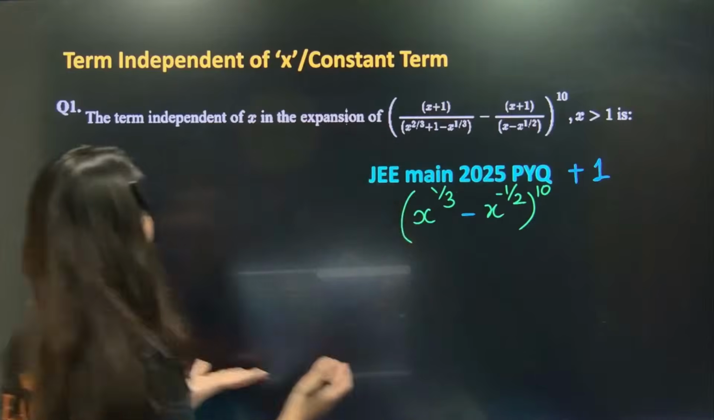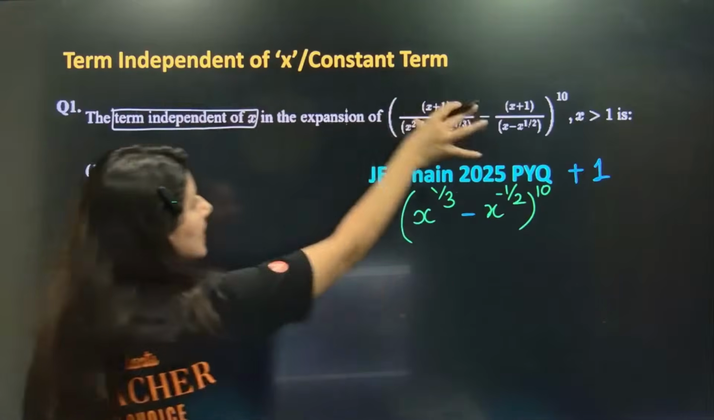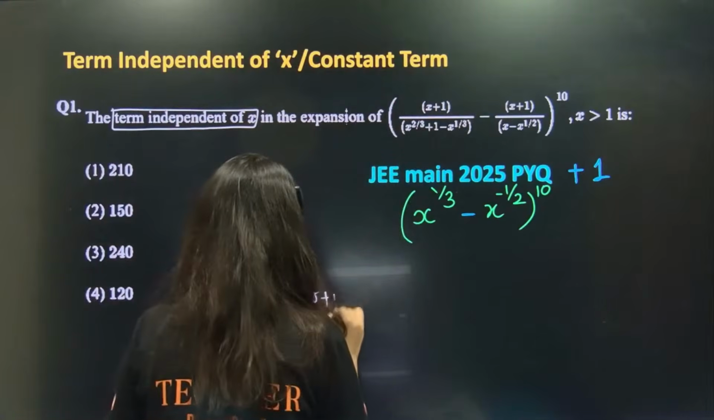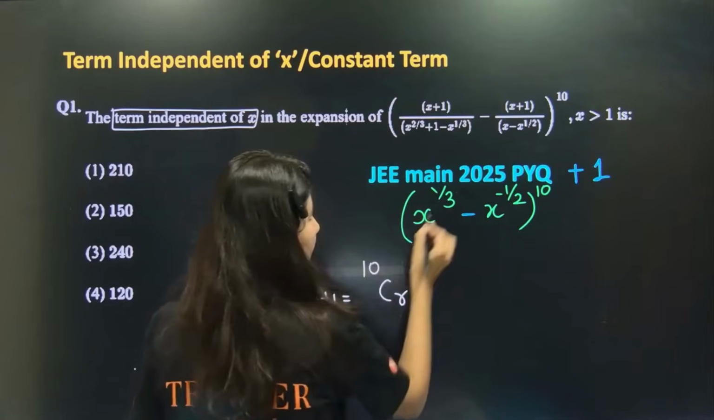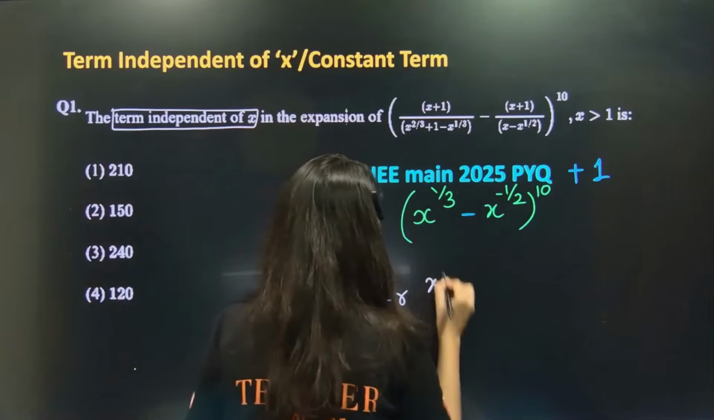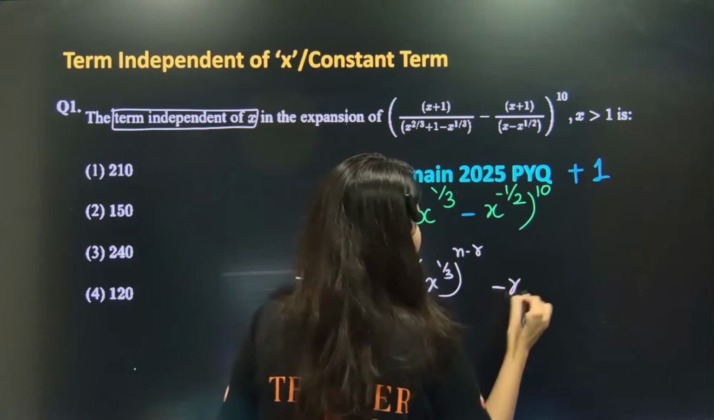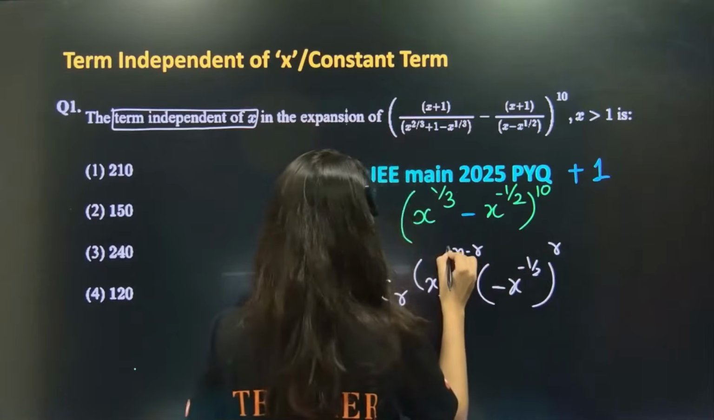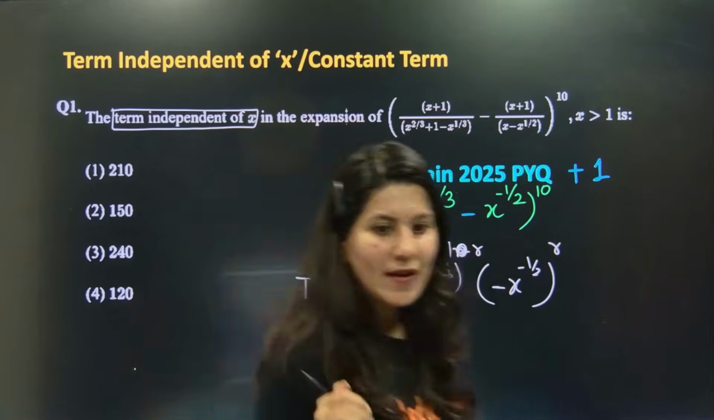So now what they are asking is the term independent of x in this expansion. So what we are going to do is write the general term. Everybody, nCr, 10Cr, x power n minus r. So this is your x power n minus r and minus x power minus half power r. Here n is nothing but 10, my dear students. What are you looking for? Ma'am, we are looking